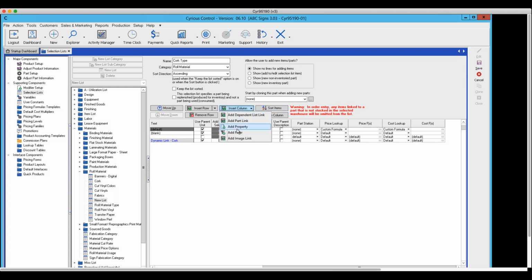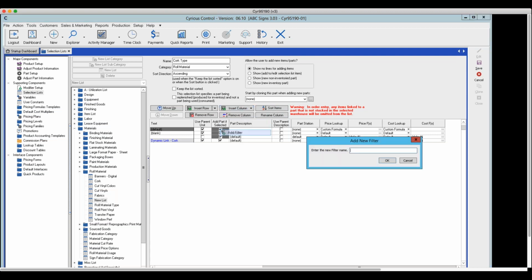But I want to choose the one that says add a filter. So I'm going to put in here direct, because I put print. I don't know if it's case sensitive, but I want to change that to a capital D. Now, if I say OK,